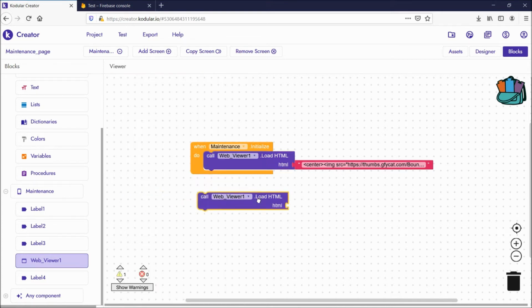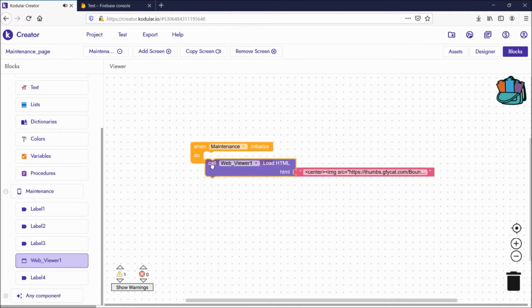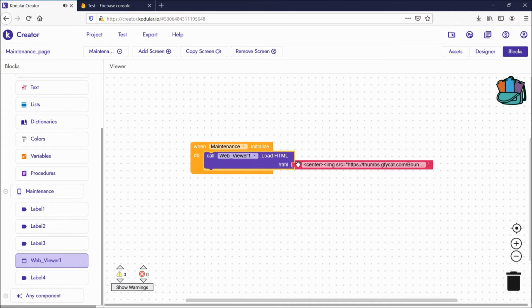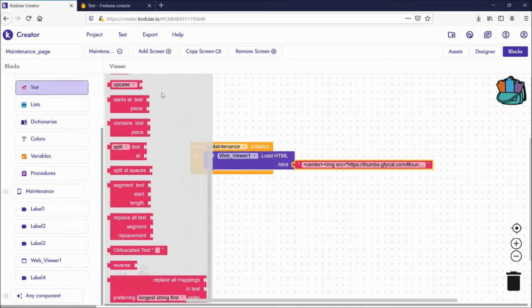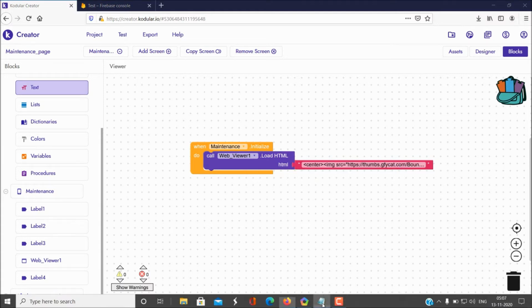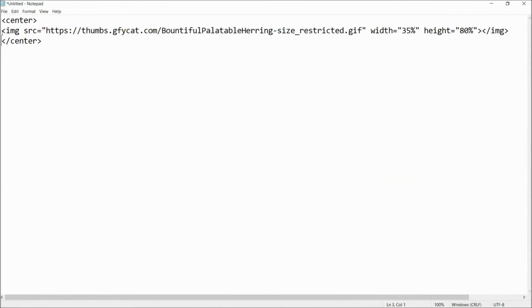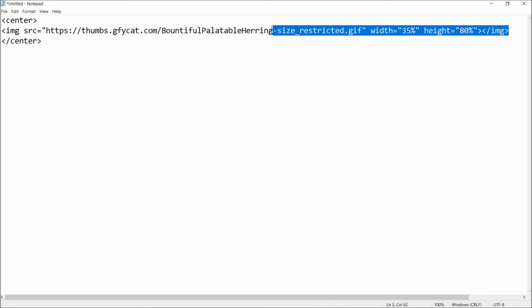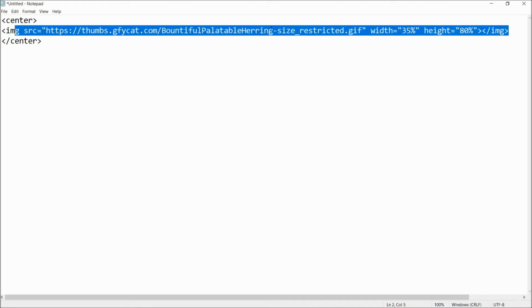Drag this component here, put it in when screen initialize, and take a text block. Keep a text here, and in this we need to keep some HTML code. I'll show you the HTML code. This is the main HTML code you need to keep, the center one.